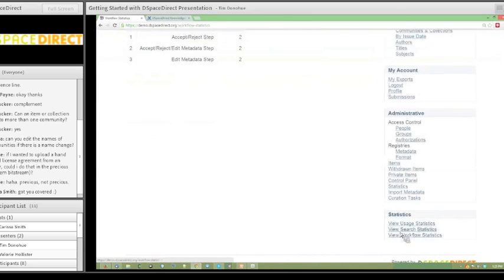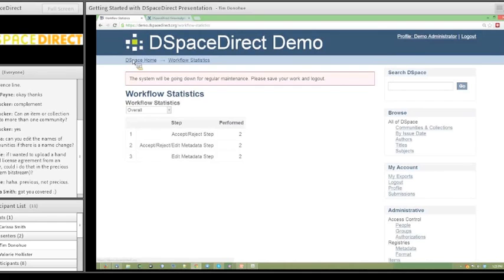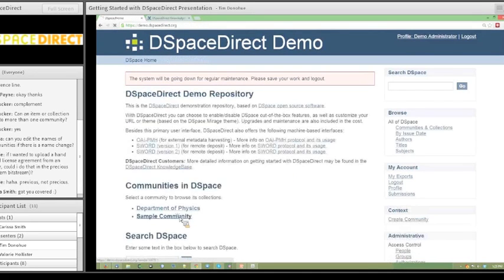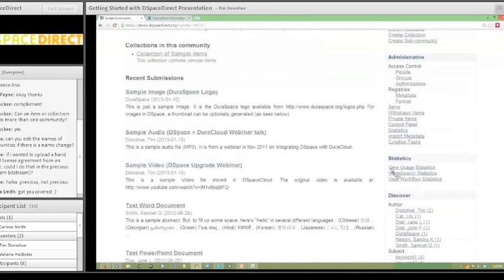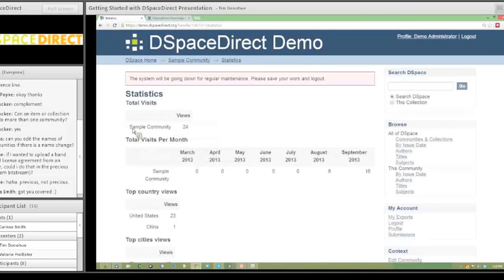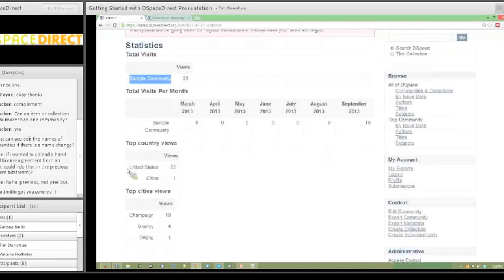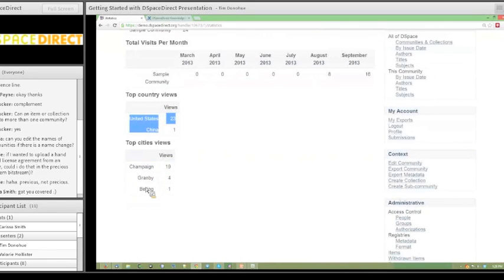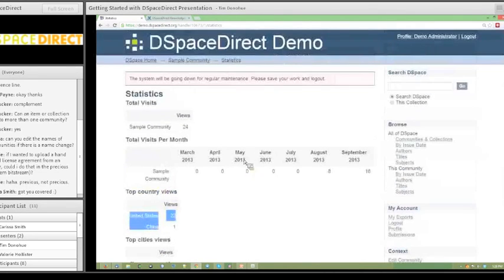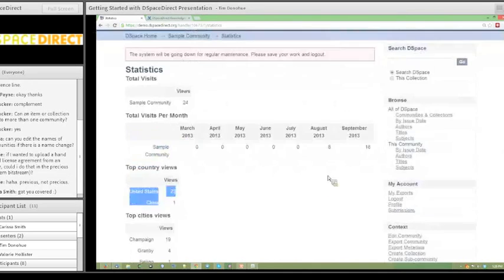But as I mentioned, these links sort of change, and what you see changes when you browse around. So if we go into our sample community, we can look at the usage statistics within that community, which actually gives us the total views of this community page, and you can see the trend over the last few months. You can also see what countries have most viewed this particular community, and even what cities within the U.S. or in the world have most viewed this particular community. You get very similar information at the collection level, the same sort of stats like the community. At the item level, you get even more